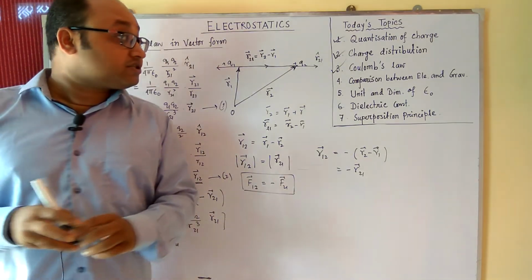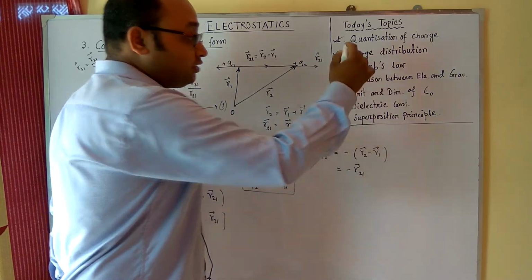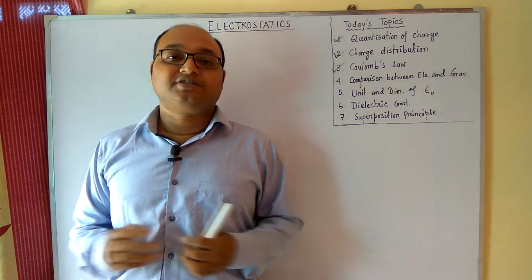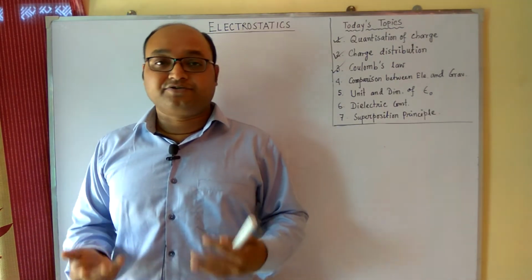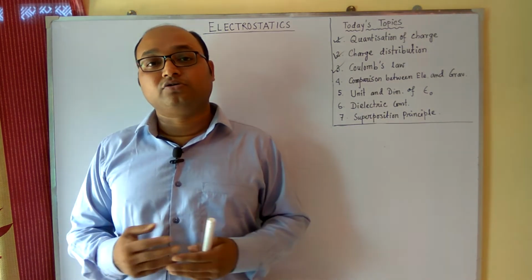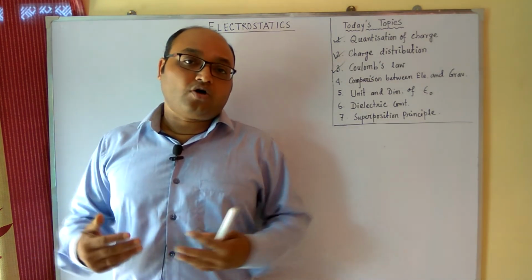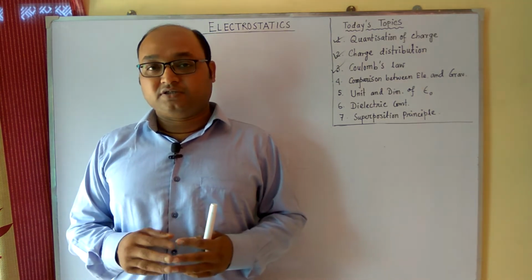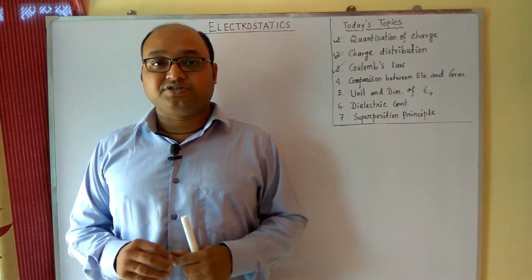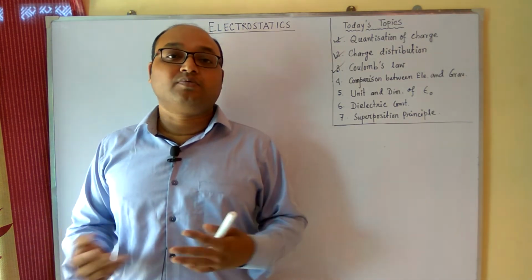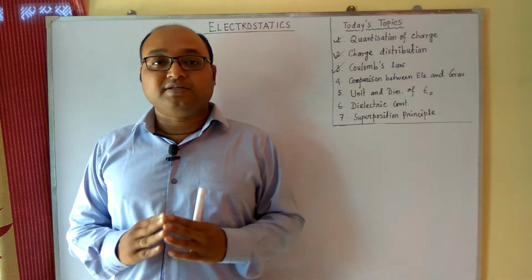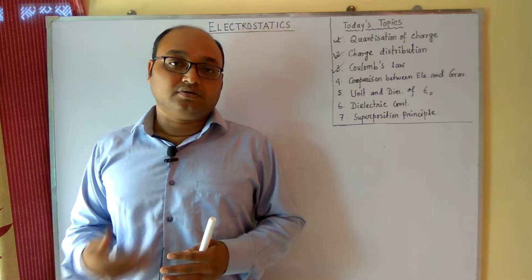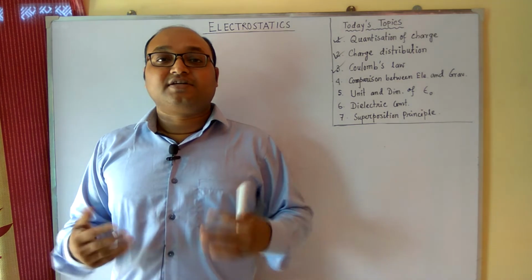Okay. So next I will go to the topic, that is comparison between electrostatic force and gravitational force. As you have already seen, the force acting between two point charges which are at rest is directly proportional to the product of the charges and inversely proportional to the square of the distance between them. This law is very similar to Newton's law of gravity, where it is stated that the force between two point masses is directly proportional to the product of the masses and inversely proportional to the square of the distance between them. That means there should be some similarities between Coulomb's law between two charges and the law of gravity. So let's start the comparison between